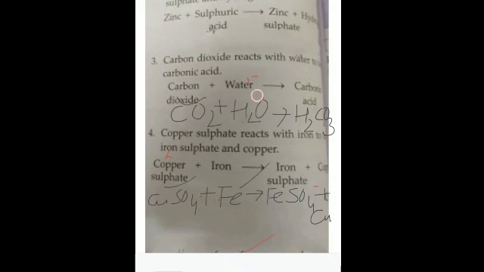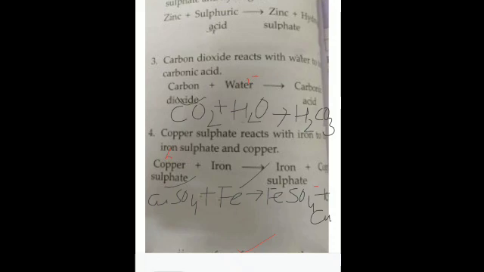Is it clear? So now let's see whether the equation is balanced, that is whether the atoms of the reactants and the products, that is the number of atoms on the right side and left side of the arrow, are the same. Is it clear? So such a reaction in which the number of atoms of each element is equal on both sides of the equation is called a balanced equation. Is it clear?